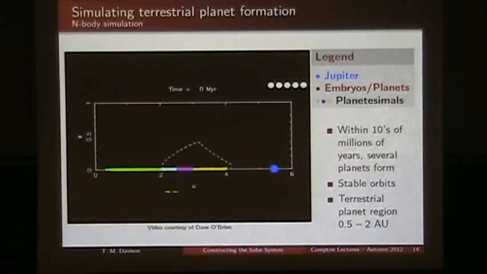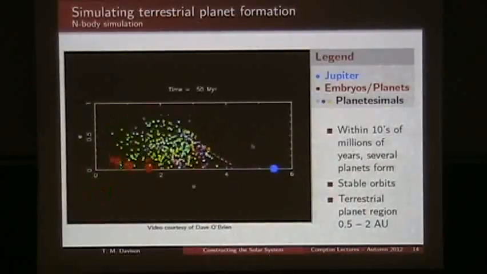We then have a population of particles here that are going to collisionally and dynamically evolve through time. The red particles, which are kind of behind these other particles, are embryos that are going to grow into the planets. And the different colours, the green, the blue, the pink and the yellow, are planetesimal populations, just coloured by where they start in this simulation. I'm not sure exactly how many we had in here, but typically they run with thousands of planetesimals. As we run this through, you'll see quickly